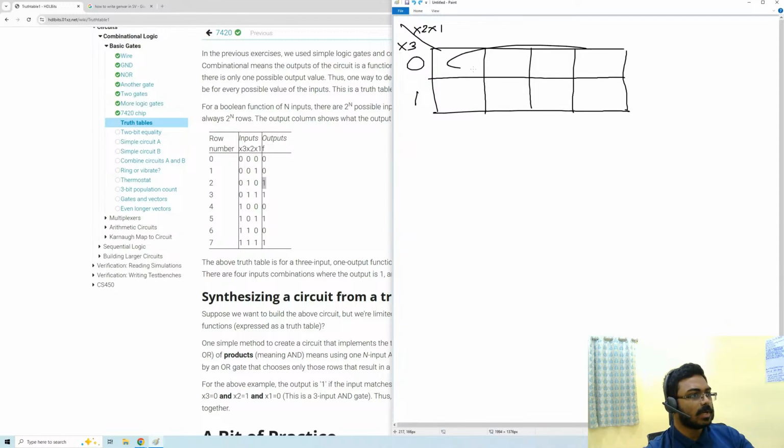All these 4 we will write here, and after that 1 0 0, 1 0 1, 1 1 0 and 1 1 1. All these we will write here. So we write these as 0 1 2 3 4 5 6 and 7. So why we write this way is x2 and x1 combinations should be